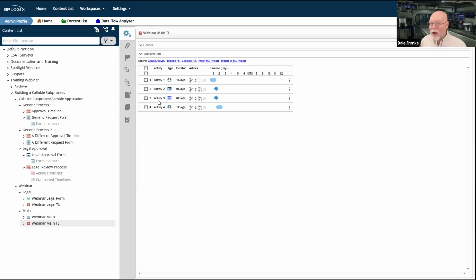And the only way that I can tell whether or not legal approves it is to look at the legal form, or at least to look at the values that were pulled from the legal form. And those may or may not exist if I run it asynchronously.